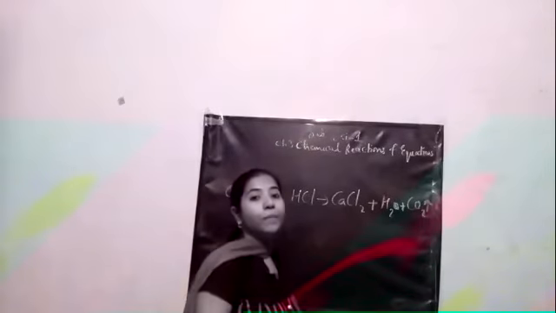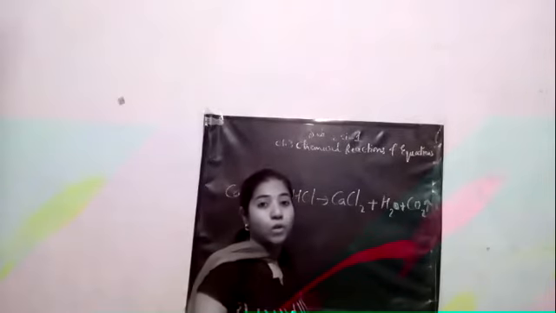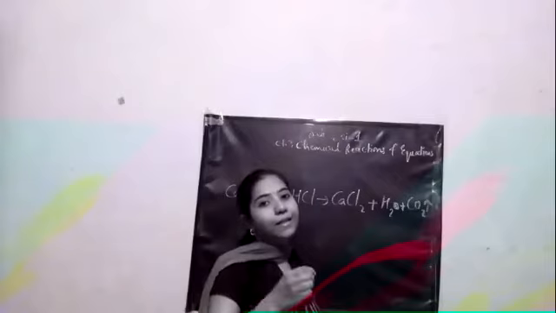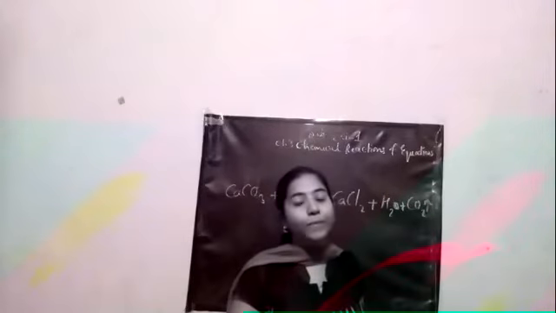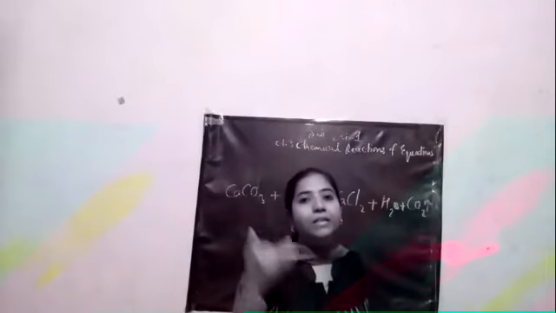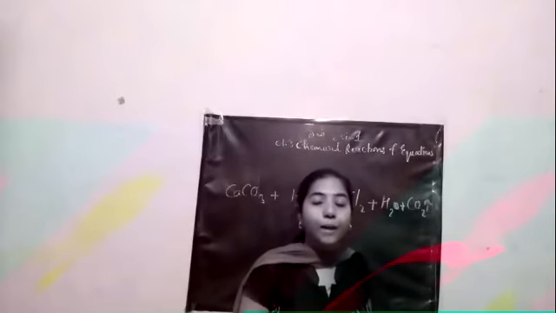And that is why it is said that the rate of the reaction also depends upon the concentration of the reactant. If the reactant is concentrated, the rate of reaction is going to be high. If the reactant is not concentrated, if it is diluted, then the rate of the reaction is going to be slow. Then the next factor is temperature of the reaction, and it is said that at high temperature the rate of the reaction is also going to be high. At low temperature the reaction will take more time for the completion.